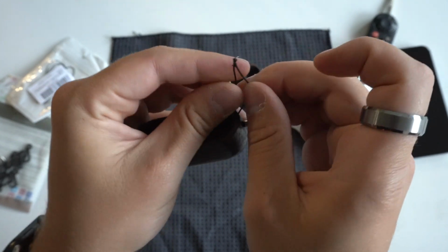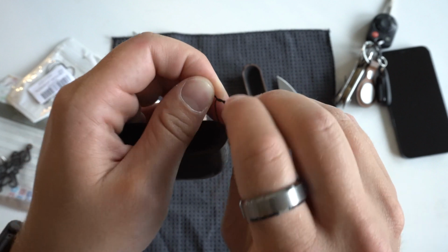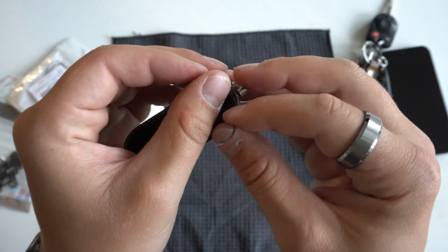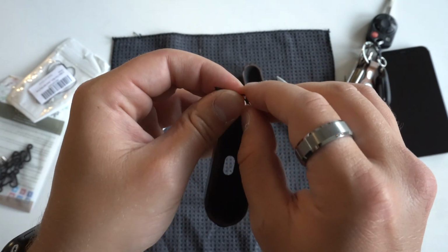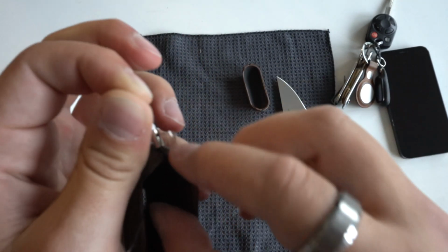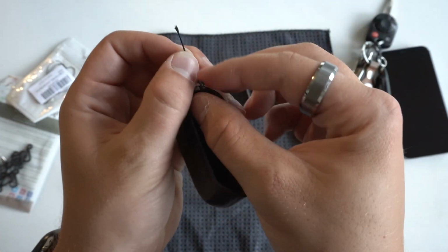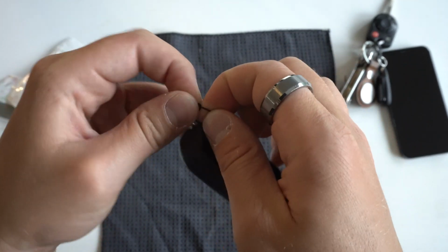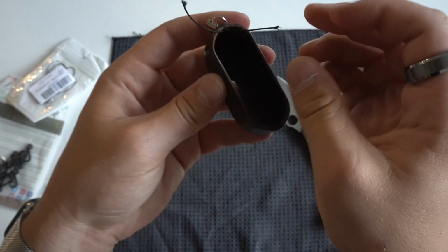And the reason why I do a couple of them is, one, to keep the one previous from untying itself, if you will. And two, when you cut off the excess string and you put the AirPods down in the actual case, it'll basically press against this little knotted end that you have going on down here and will allow you to hold it into place even better. So I'm not super stressed about the knot itself, but just enough of them to where it's not coming undone,